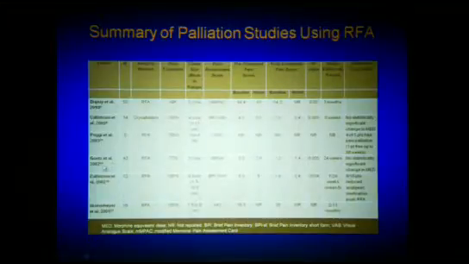The GET study was a 2002 study. It was a multi-center trial looking at 43 patients who were RF ablated. They looked at pre-pain scores and post-pain scores, pre and post-ablation, and noticed there was a significant decrease in pain scores after RF ablation. The Brown study from Dupuy looked at 55 patients, looked at pre and post-pain scores after multiple metastatic bone lesions were ablated and had a 3-month